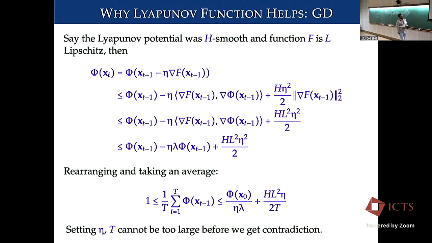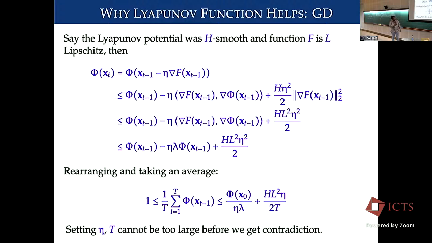Once you come here, pull the eta times lambda all the way to the left and sum over these guys. What do you get? On the right-hand side, your phi of x_{t-1} gives you a nice telescoping sum. And so you end up with the following: your average phi is upper bounded by phi at x_0, which is the starting point, divided by eta times lambda,